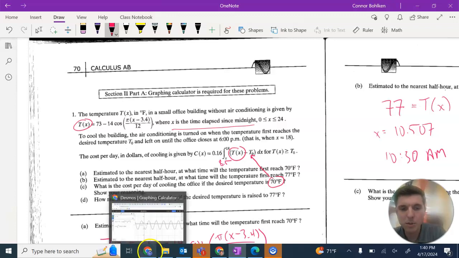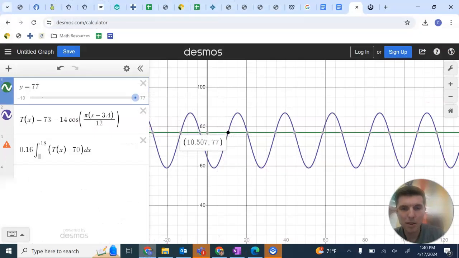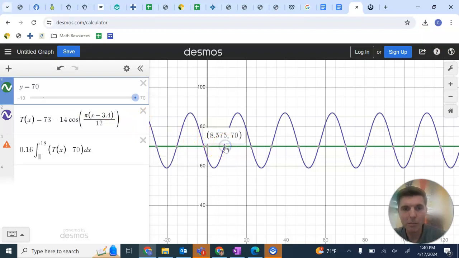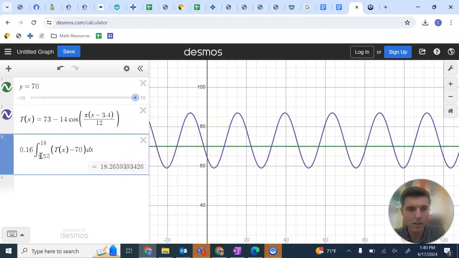But on Desmos, I labeled the same thing. Here I labeled this as T of x for the previous part, just like you would have it labeled as y1 or y2, and then I integrated T of x minus 70. So let's check this number again. The intersection point was 8.575. That's my lower limit of integration. And so I get 18.266